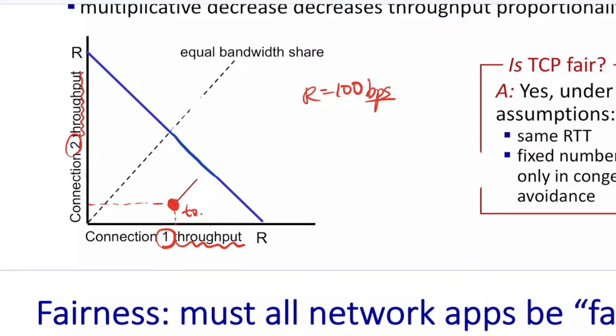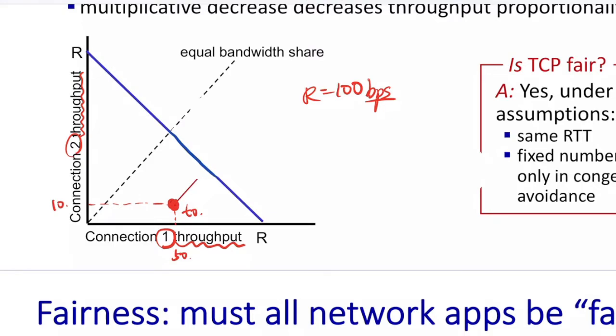And connection 2 is 10. At this moment t, connection 1 uses 50 bps, and connection 2 only uses 10 bps, because they have different congestion window sizes. They experience different congestion, slow start or congestion avoidance. No matter what, at this moment connection 1 uses only 50 bps, and connection 2 uses